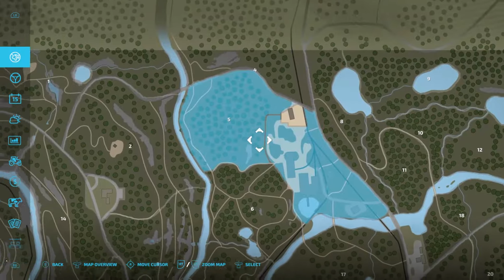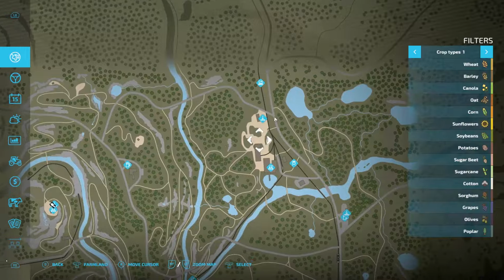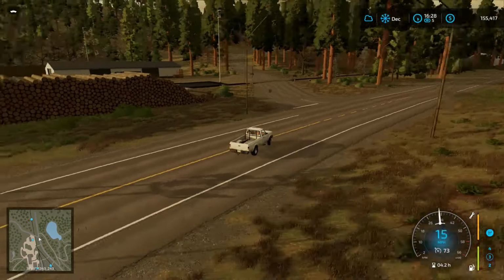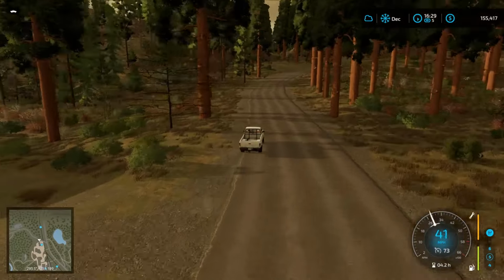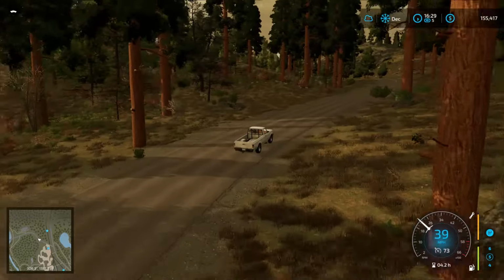So now it says we own both 5 and the lumber mill here, or sawmill. And we're going to check out the property. I actually haven't really looked at this, so we can now... I guess we got a couple of redwoods. I didn't know we really had any redwoods on here. I was more looking at... I had drove past here once, but...